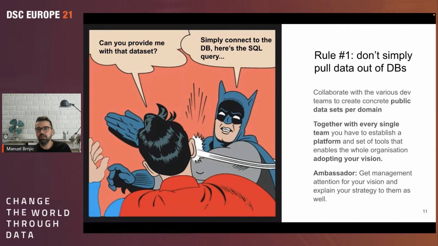You should really avoid giving anyone direct access to the database, even if it's just read access, because I've seen already a few times that even read access to databases can get you into huge problems, because if someone pulls a high amount of data during peak load of your service, of your product, whatever, it can definitely affect the servers, and you can definitely have some side effects.